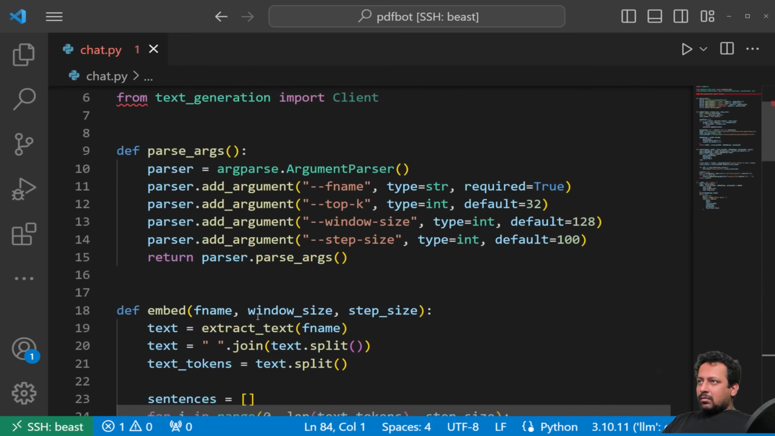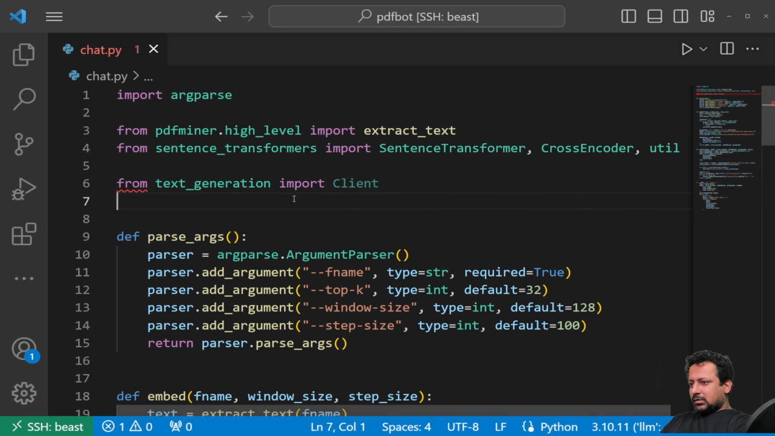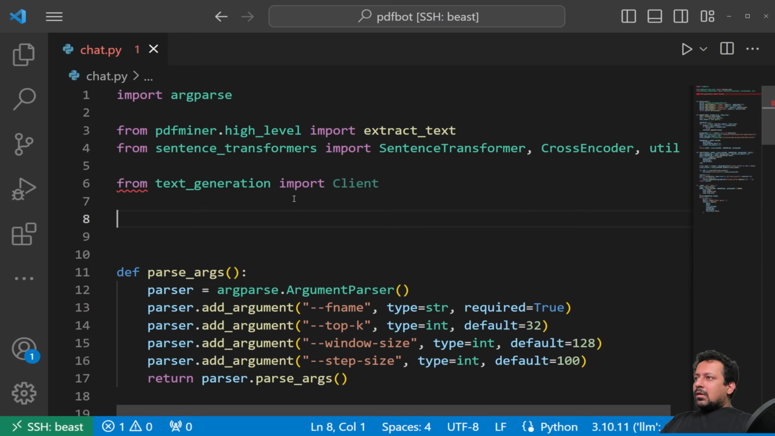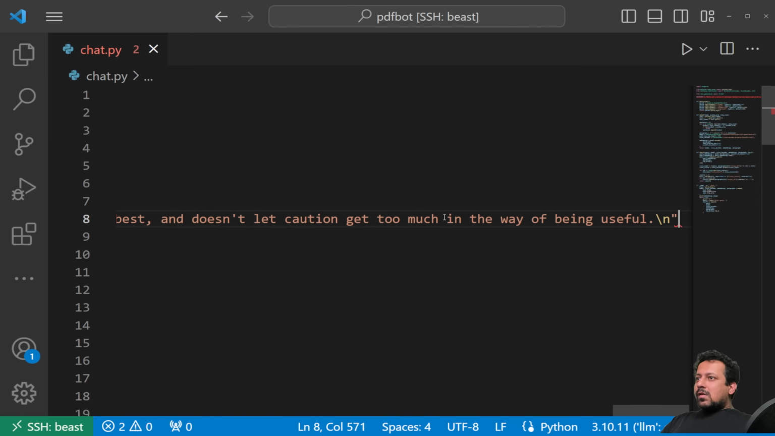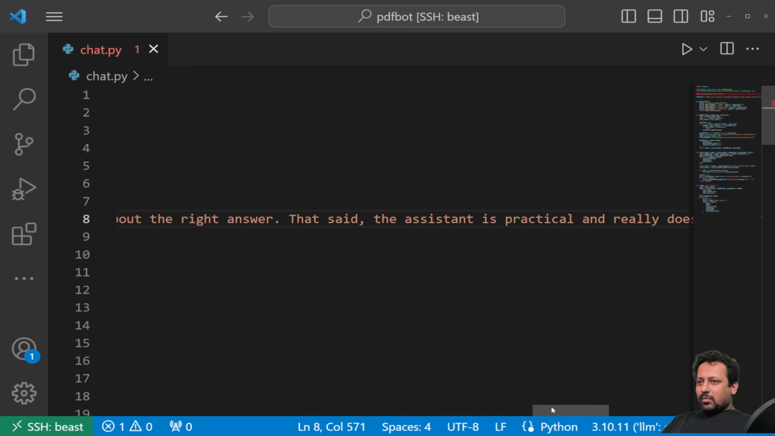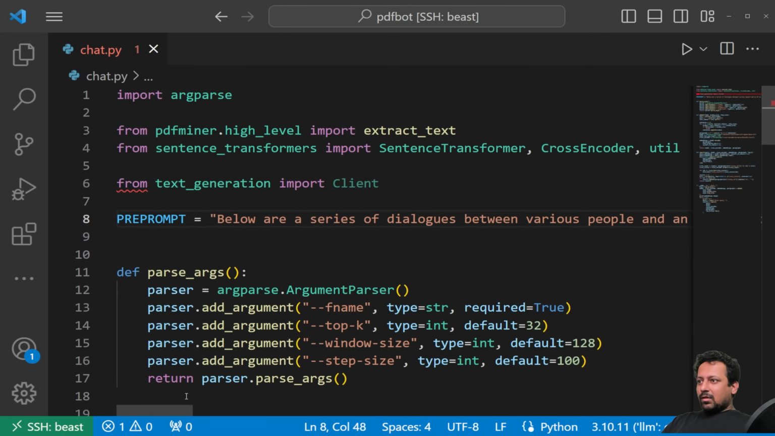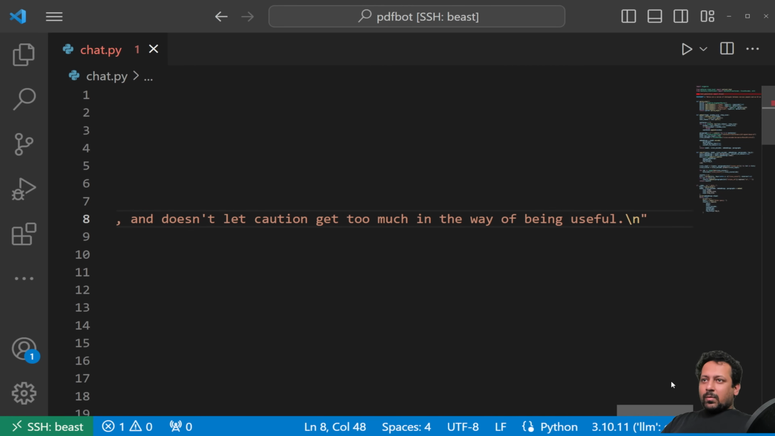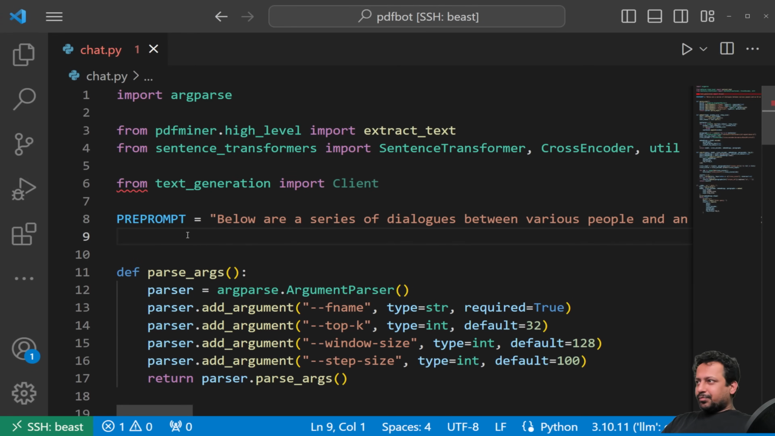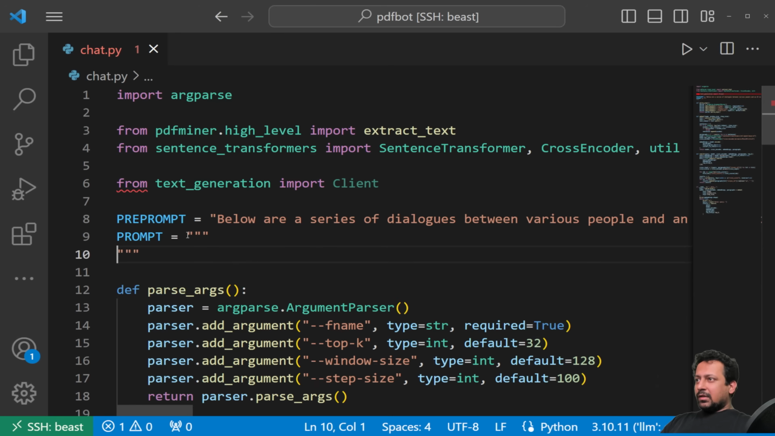And now we create a prompt. So I'll say pre-prompt is, I'm just going to copy paste this part. Okay. So we just added a pre-prompt. Below are a series of dialogues between various people and a bot. You're knowledgeable. You should give correct answer. Don't let caution get too much in the way of being useful. Ends with a \n. Then I have a prompt, and here I can write